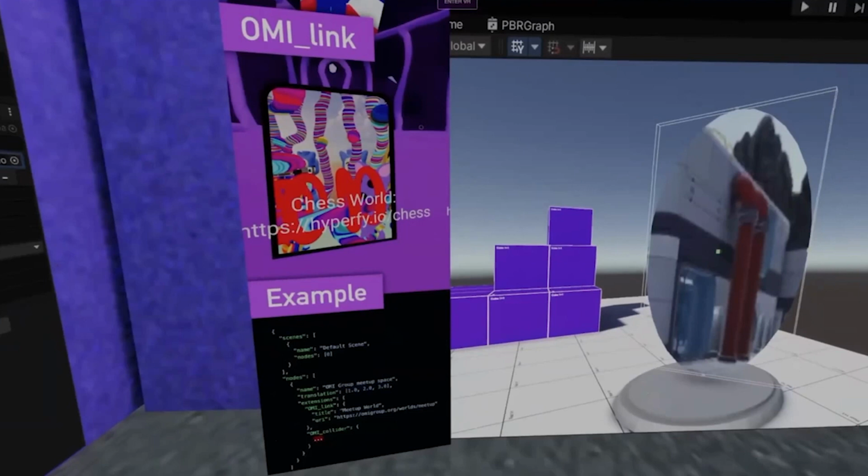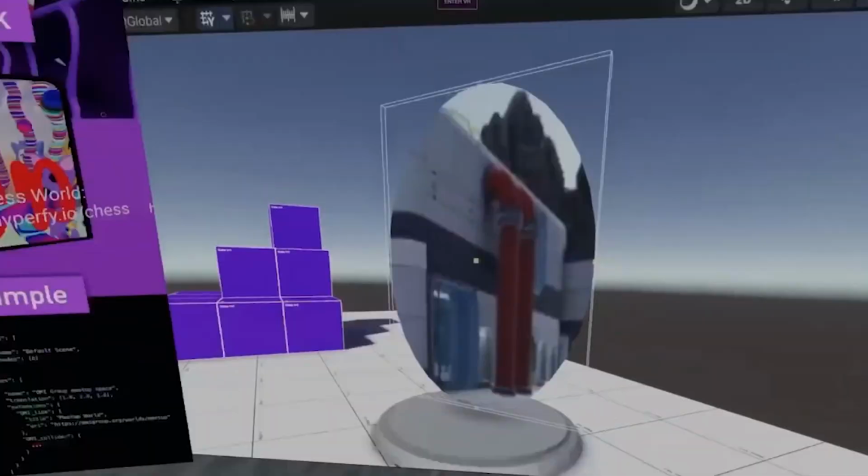It has a few properties like the title and the URI, and using that same method I was mentioning earlier with audio, having a collider to imply that it's clickable to trigger audio, this link can have the same thing, where you have a collider on a node alongside a link, and you can assume that a collision into that will take you into that space. But there's other ways you can do it.